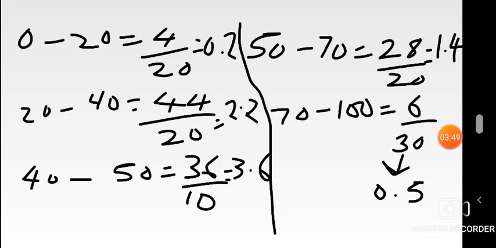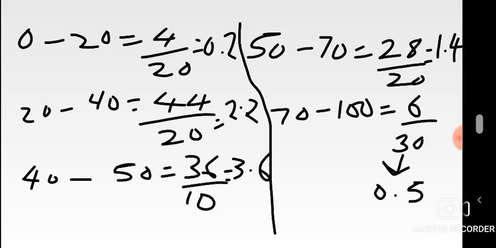So you prepare your frequency densities, as I said, for each class. For 0 to 20, as you can see there, it's frequency over class width. The frequency for 0 to 20 was 4, class width is 20, that's why I've done 4 over 20. The second class, 20 to 40, 44 over 20, giving you 2.2. The other class, 40 to 50, had a frequency of 36, class width of 10, equal to 3.6 as